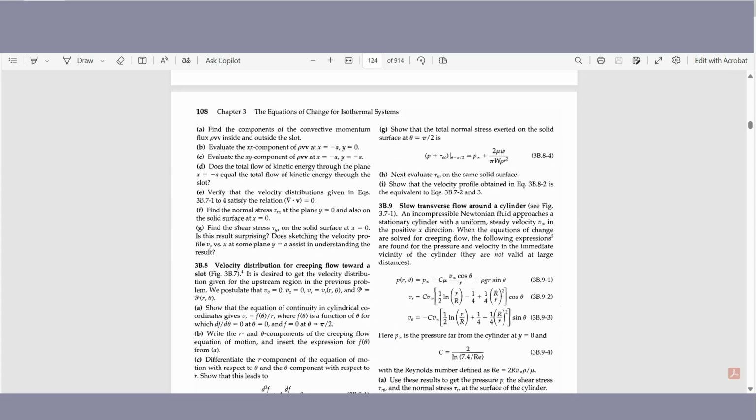All right, now for part G. Find the shear stress tau yx on the solid surface x equals 0. Is this result surprising? And does the sketch velocity profile Vy versus x at some point A assist in understanding the result? It's in plane y equals A. Okay, so